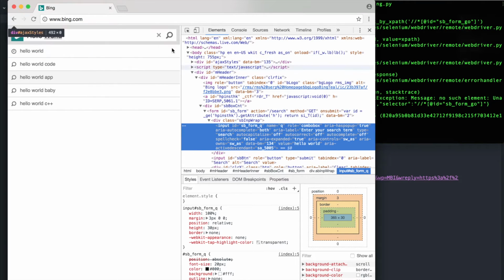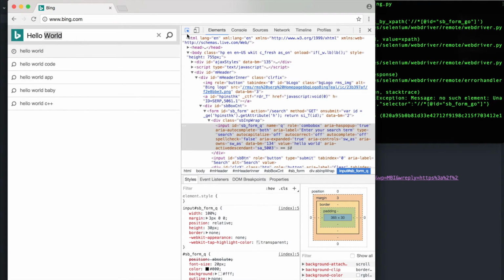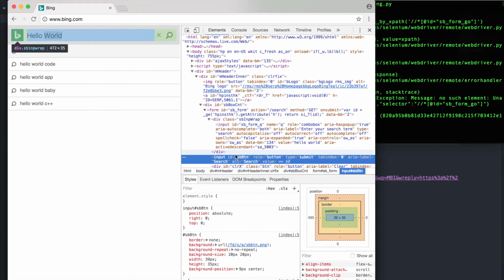Alright, so we want this button. So actually, if you want to select just an item, instead of having to right click it, you can just press this and then it'll highlight it for you. And then we're going to say this. And so this is an input tag,